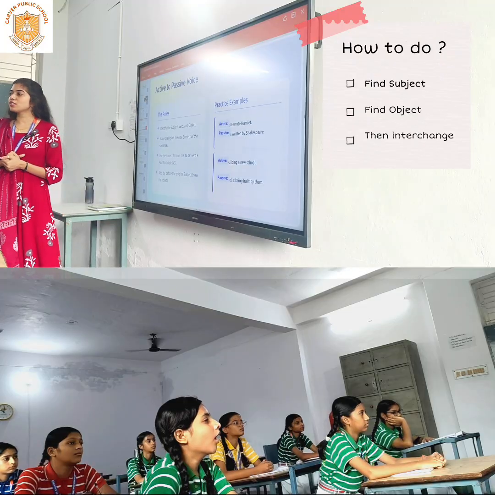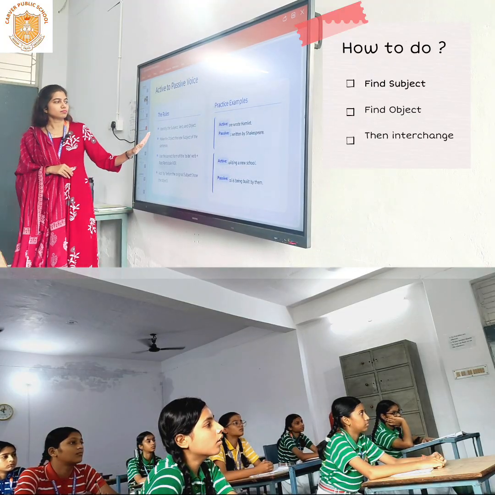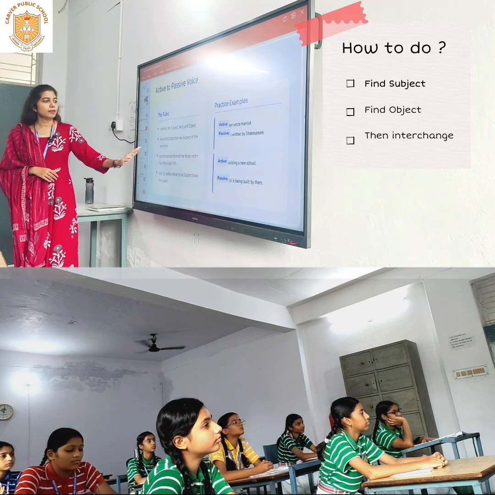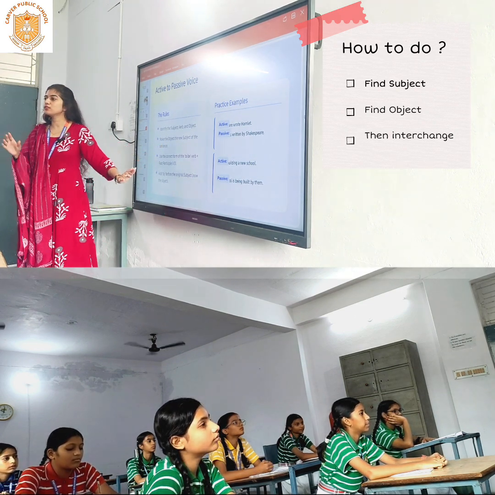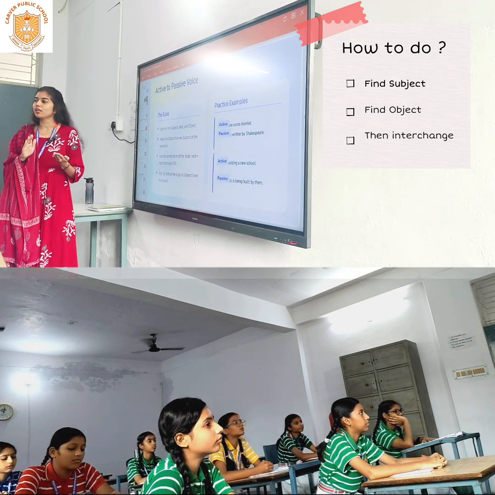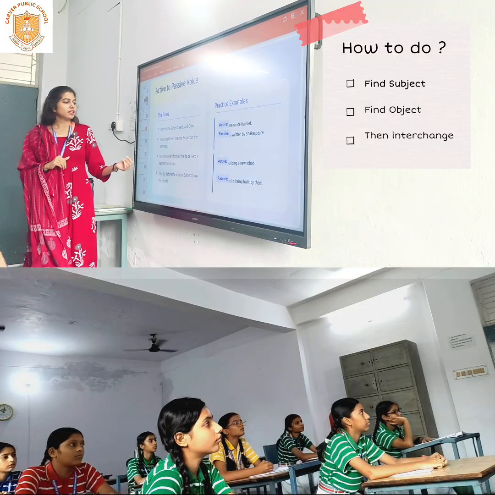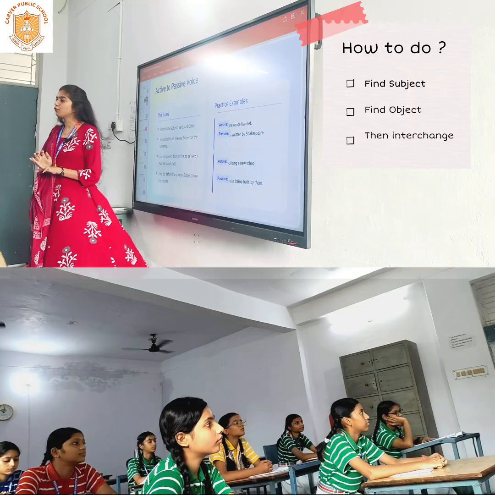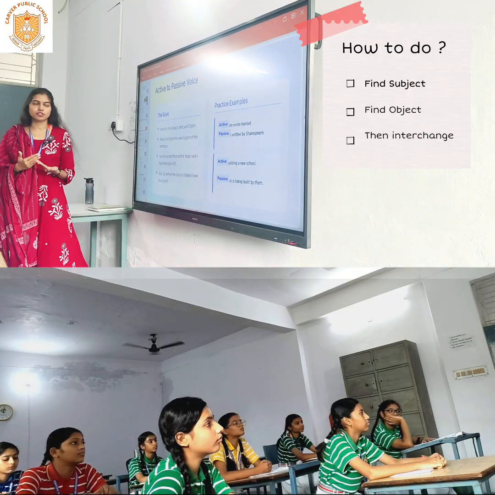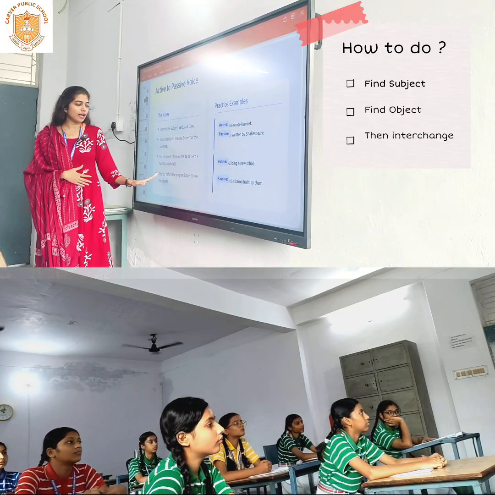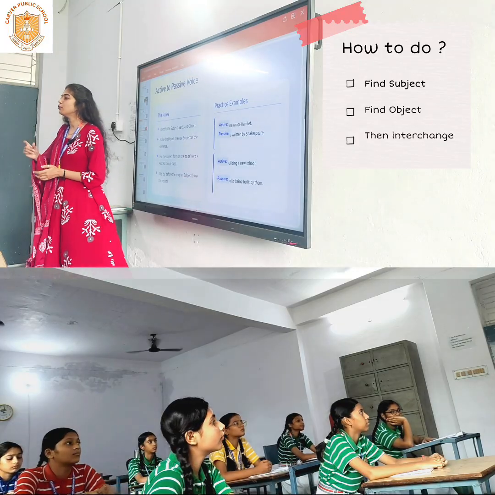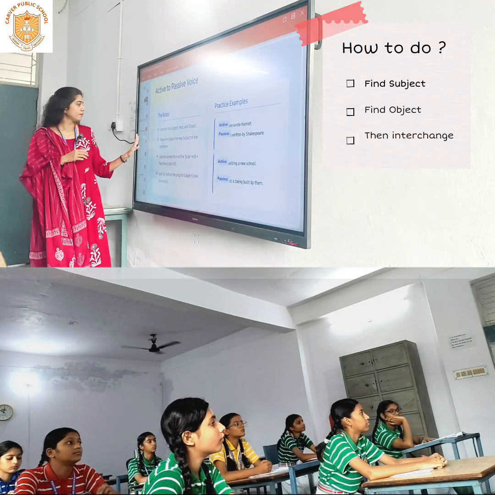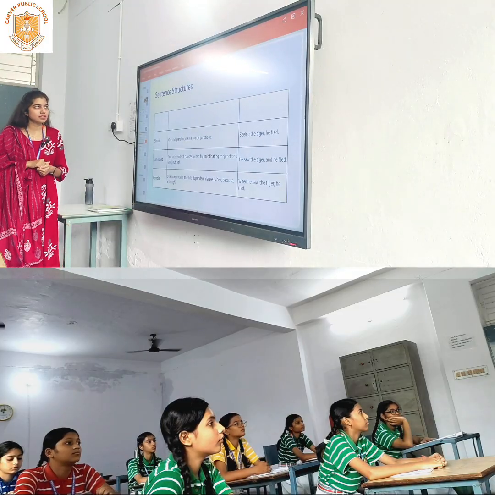But what happens when we change to active and passive? The rules are: first, we have to identify the subject, verb, and object. Next, take the object as the new subject. The object of the sentence becomes the subject when we change it to passive. Then we use the correct form of the verb. When we are changing for transformation, we use the past participle form of the verb, adding the be. We add the by in the passive: by him, by this, by that.